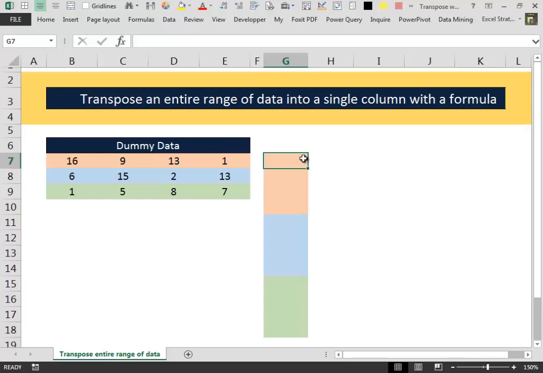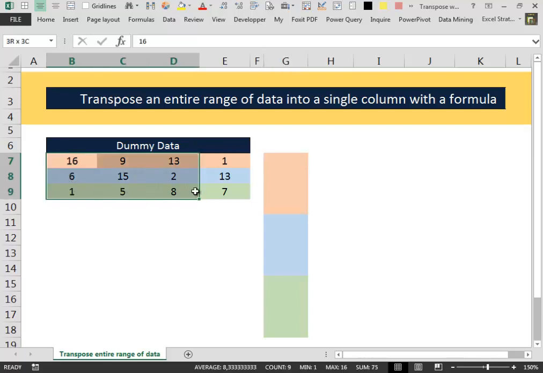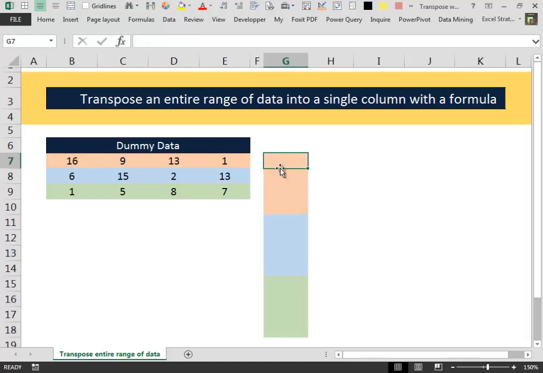Today our goal is to take the values that are inside that little table and transpose them into a single column without using some VBA code and without using some copy and paste trick. I will use only a formula. So the first thing that I'm going to do is to type the formula, and then I will explain how